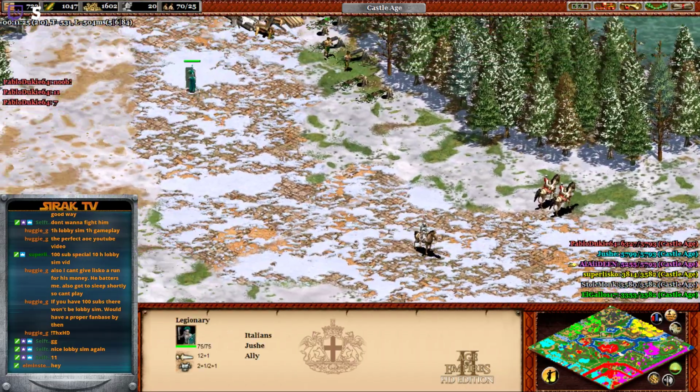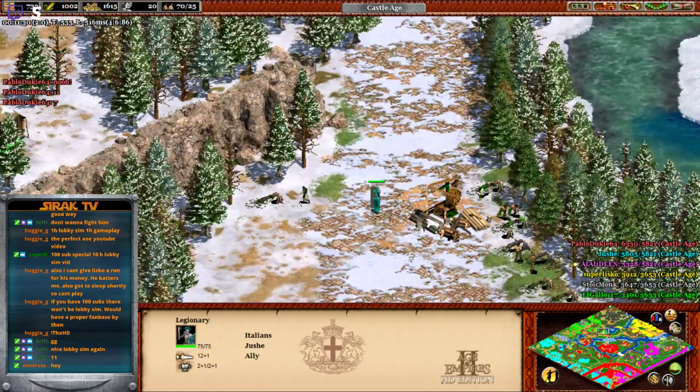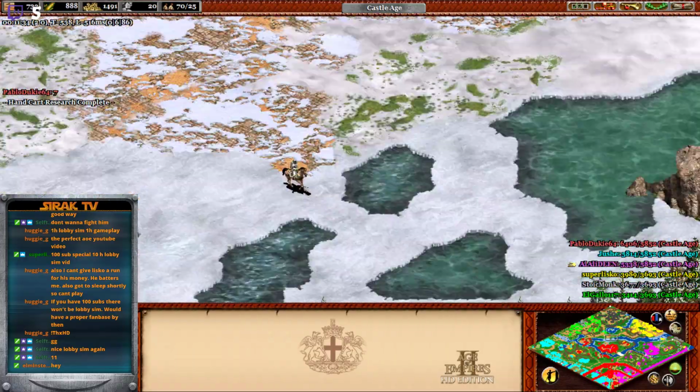And I don't know what Teal is doing. I think he's maybe attacking the Romans. I don't know, I think it's weird. But anyways,